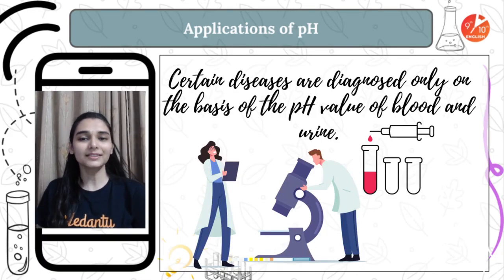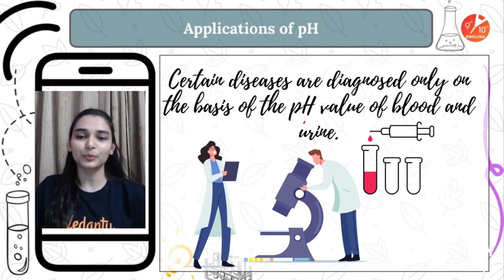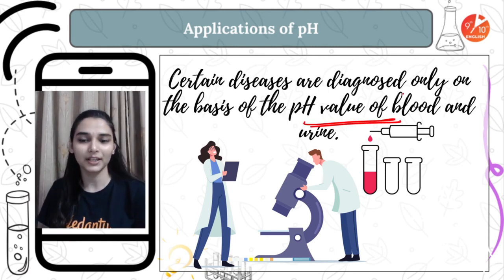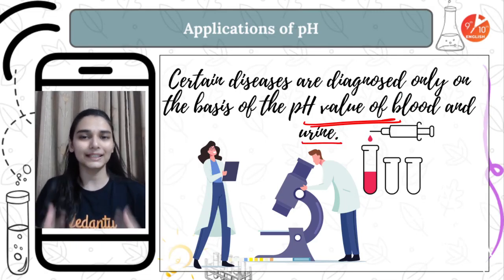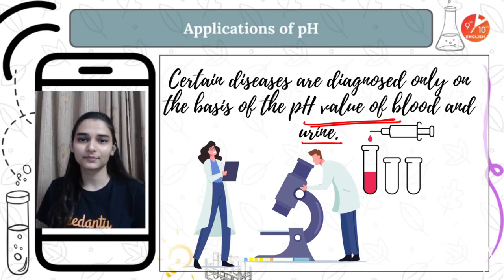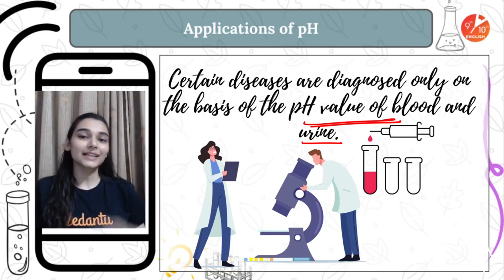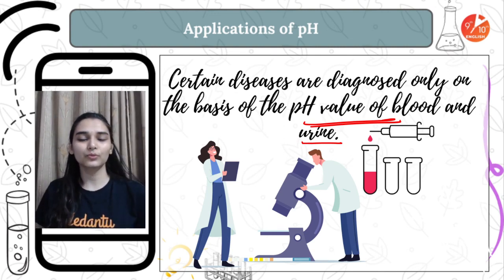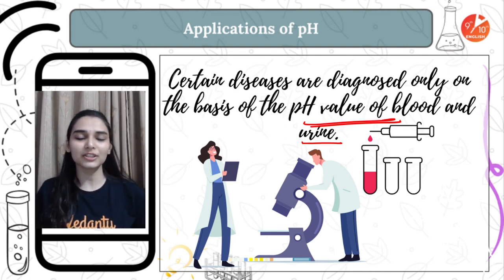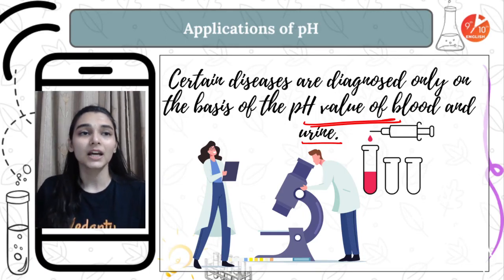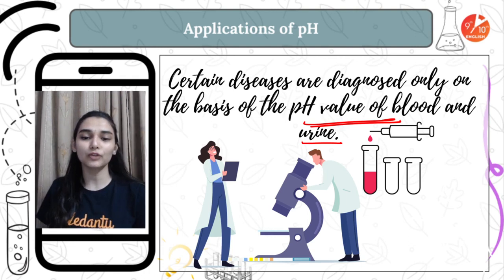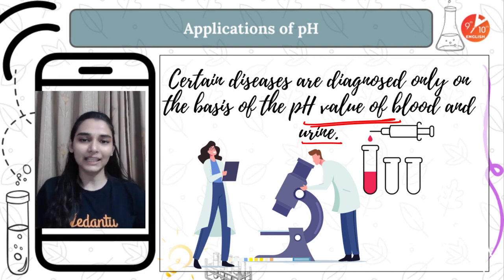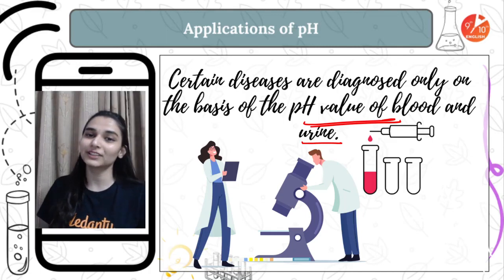Okay. Similarly, certain diseases are diagnosed by the pH change in the blood and urine. So when you go for a checkup, doctors usually ask for a blood sample and a urine sample. Centrifugation of the samples is also done. Otherwise, by observing some changes in the pH value of your urine, it's very easy to detect kidney stones. Or if there is any liver related infection, there will be an imbalance in the blood pH. So doctors take the help and they can avoid a lot of diseases by observing the pH only.